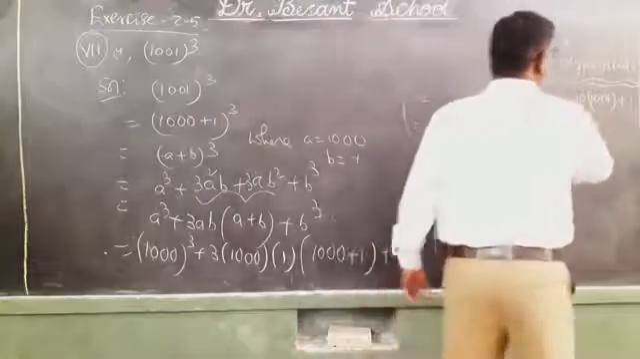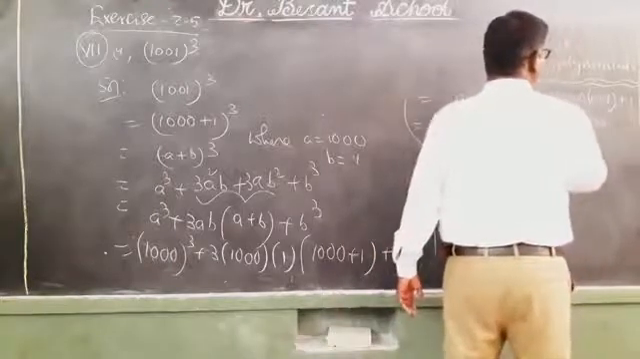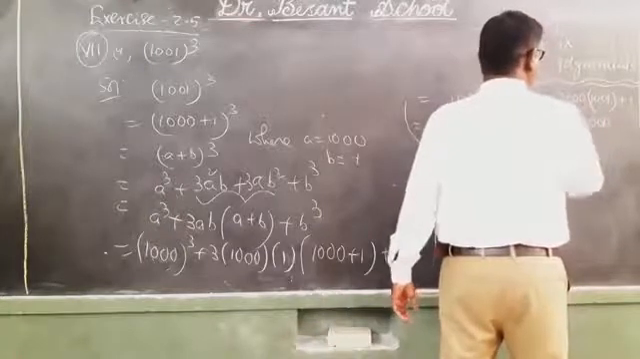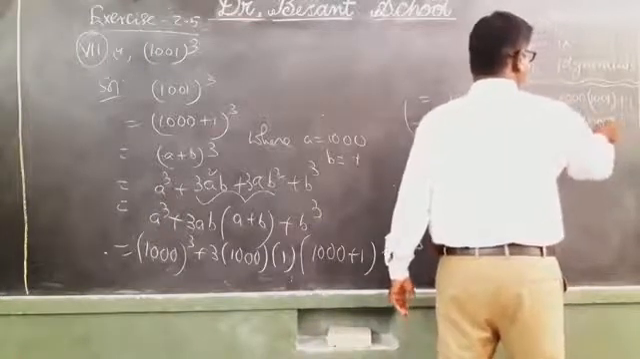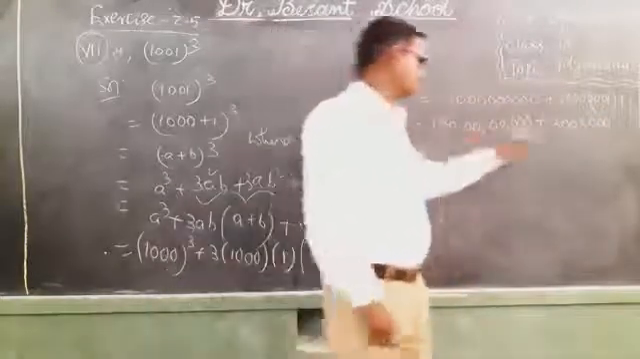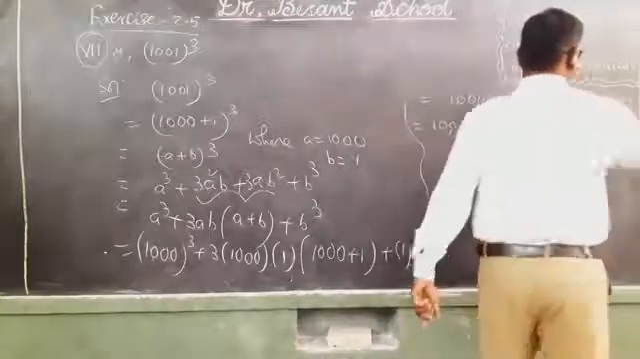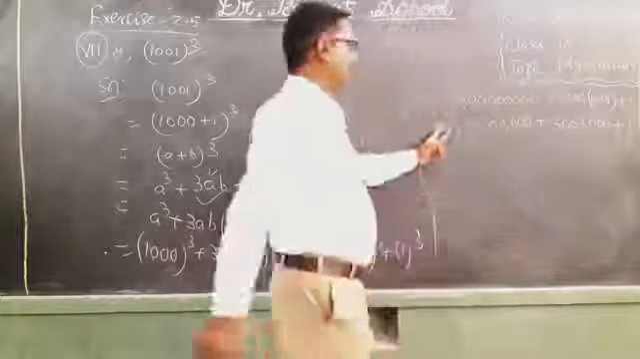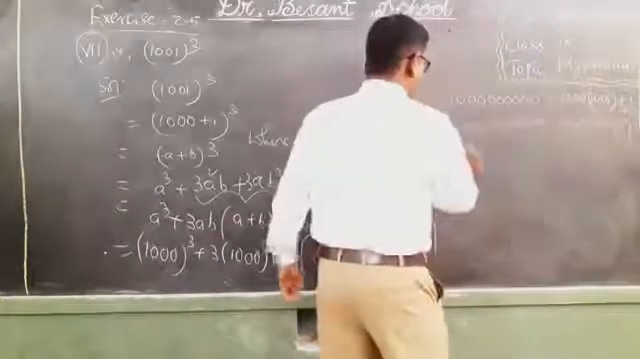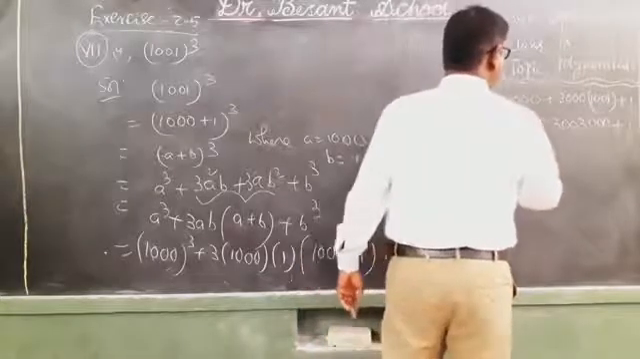Plus 3000 into 1001, 3 zeros, verify, 3 zeros, 3 1s are 3, 3 zeros 0, 3 zeros 0, 3 1s are 3. Units, 10, 100, 1000, 10,000, lakhs, 10 lakhs. So 3000 into 1001 comes as 30 lakhs 3000, plus 1. Now observe, 100 crores plus 30 lakhs 3000 plus 1 means what? 100 crores, 30 lakhs, 3000,